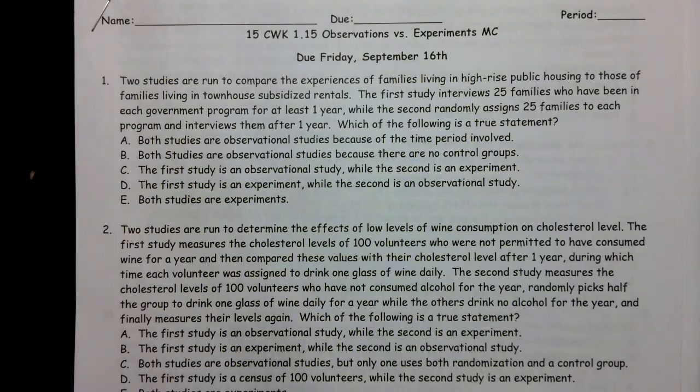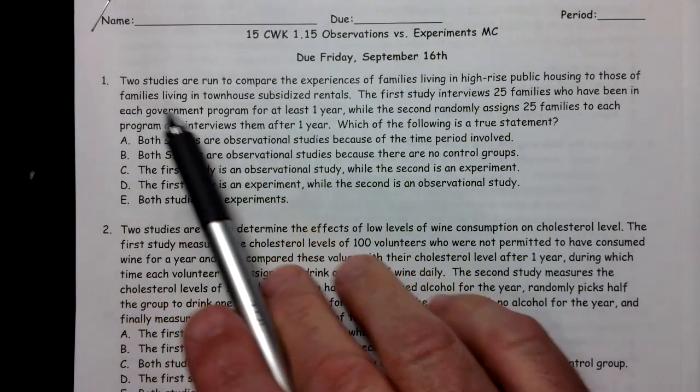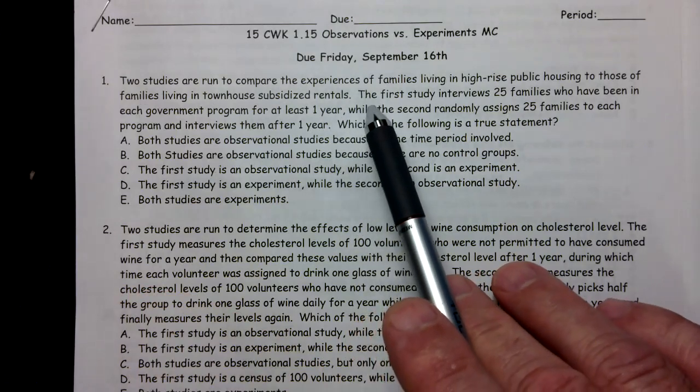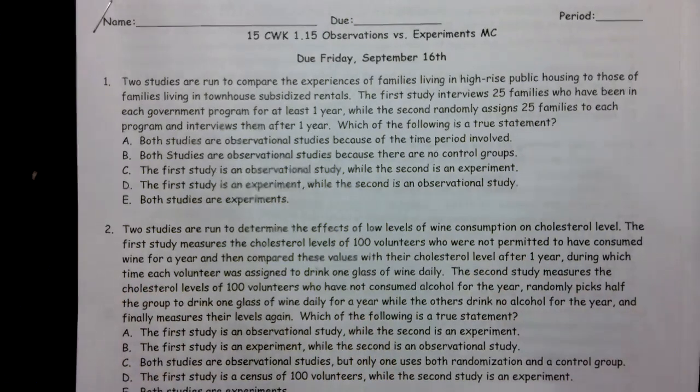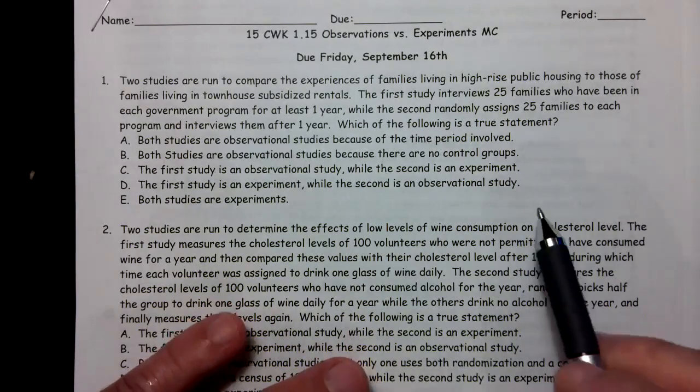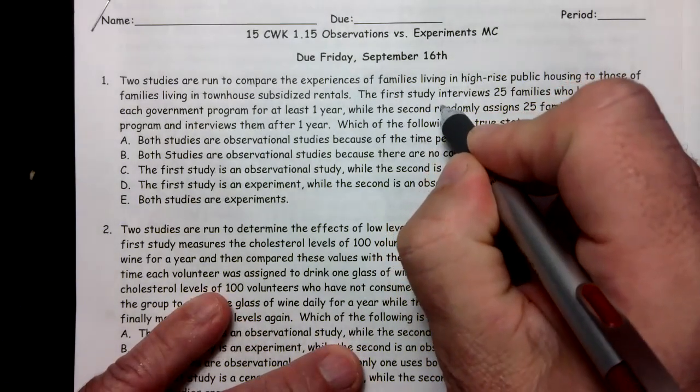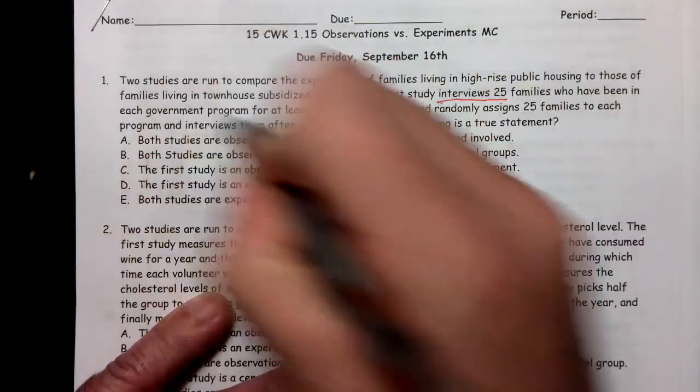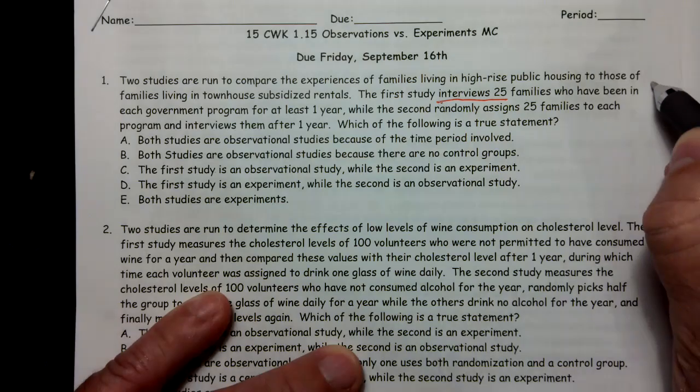This is going to be a bit of a longer video, and I apologize for that. So, two studies are run to compare the experience of families living in high-rise public housing to those of families living in townhouse subsidized rentals. Well, that doesn't let us know anything about observation versus experiment. The first study interviews 25 families who have been. Okay, the fact that it says interviews lets me know that this first one is an observation,